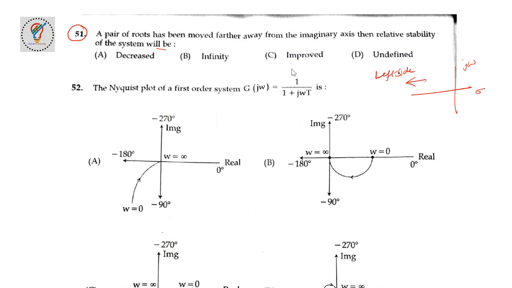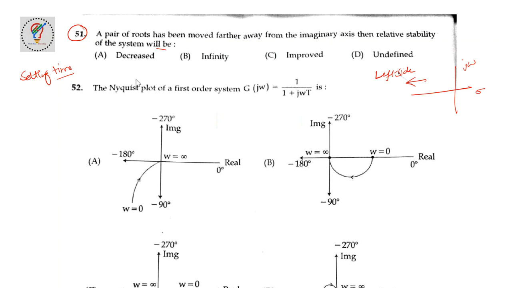Okay, and the stability of the system will be, the system is said to be relatively more stable or unstable. It is on the basis of settling time. So the system is stable or unstable, it depends upon the settling time here. If the settling time for the system is less, then the system is said to be stable here. The settling time of the root or pair of complex conjugate roots is inversely proportional to real part of